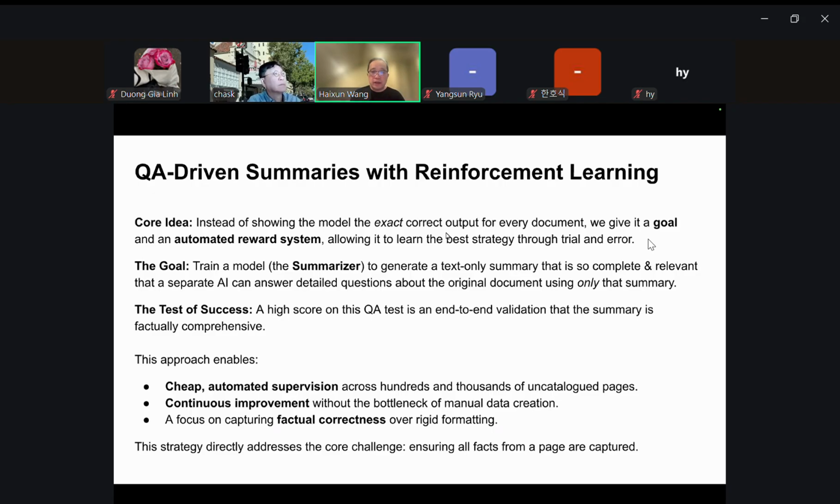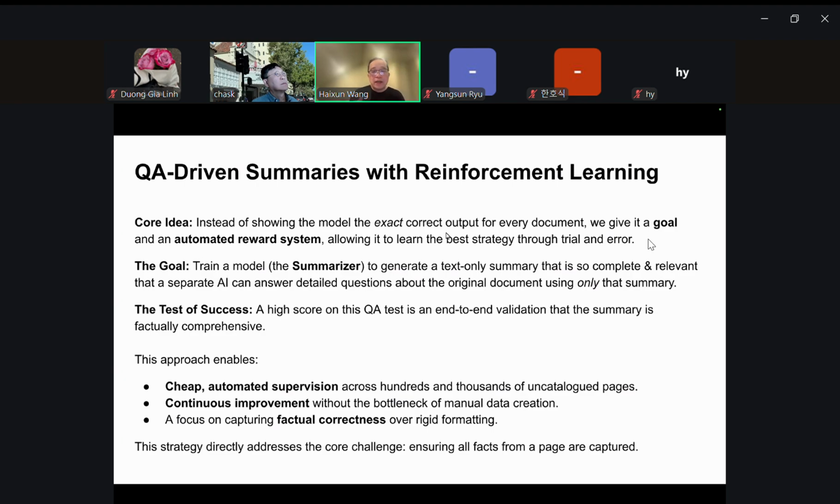Basically, this is a reinforcement learning situation. We are training a model, which we call the summarizer, to generate a text-only summary that is very complete and relevant. Then a separate AI can answer detailed questions about the original document using that summary. It's not going to go back to the image.